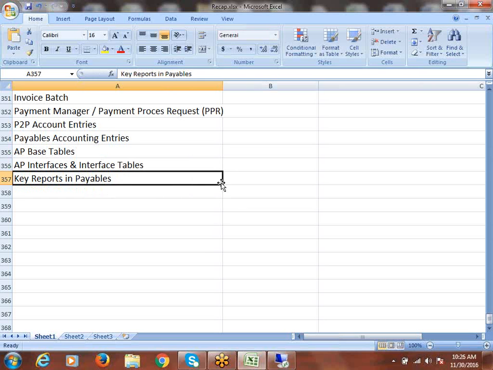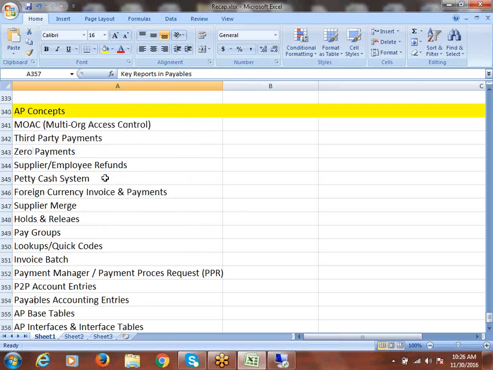And the other point is, we have many reports for payables, but primarily which reports will we generally be using, or which reports should we suggest to the client as the best information reports, and we'll be discussing all that. Okay, this is how we'll do. In today's session, we'll work on